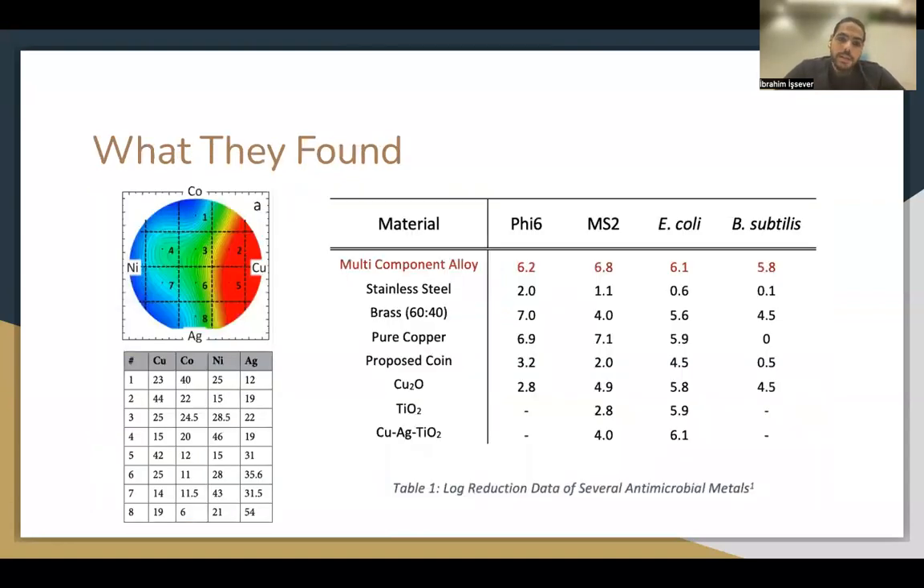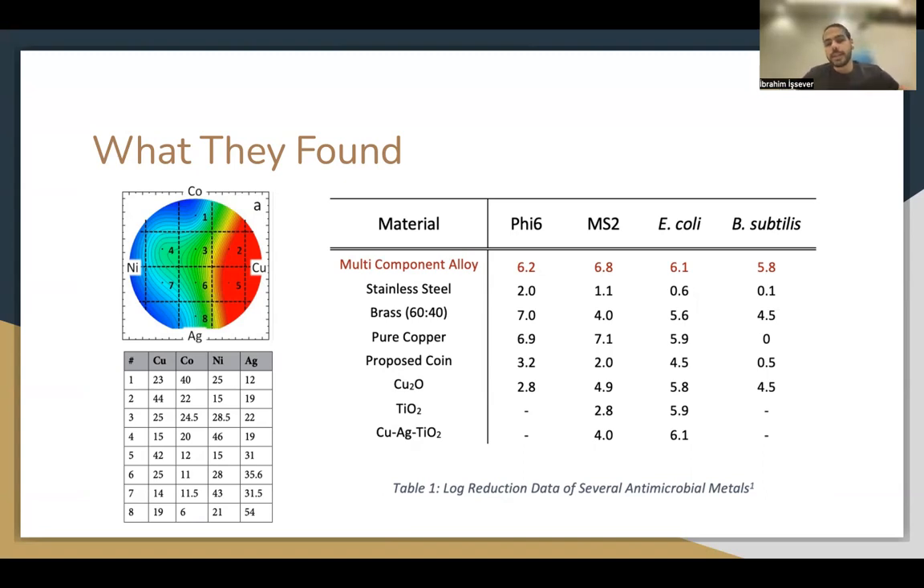And the paper I studied and wrote about in my project, they tried to find a multi-component alloy by alloying single components that have known antimicrobial performance, such as cobalt, nickel, copper, and silver. So they made different compositions and tested them and had the data about log reduction rate